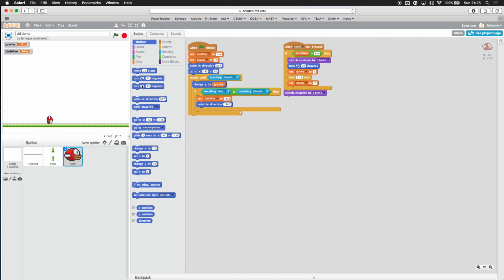Or you don't even need that. You could just get this one if you'd like. And you could say, okay, so it's finished doing its thing. Now it's going to go negative 20 degrees. So if you press start, you see what happens is it faces up for a little bit, and then it